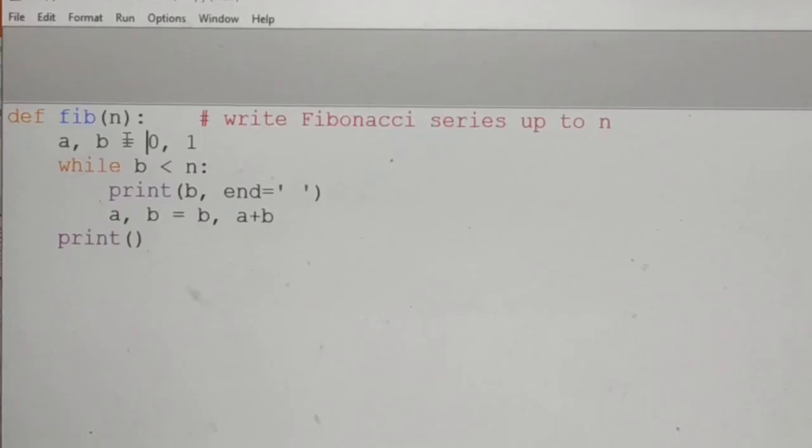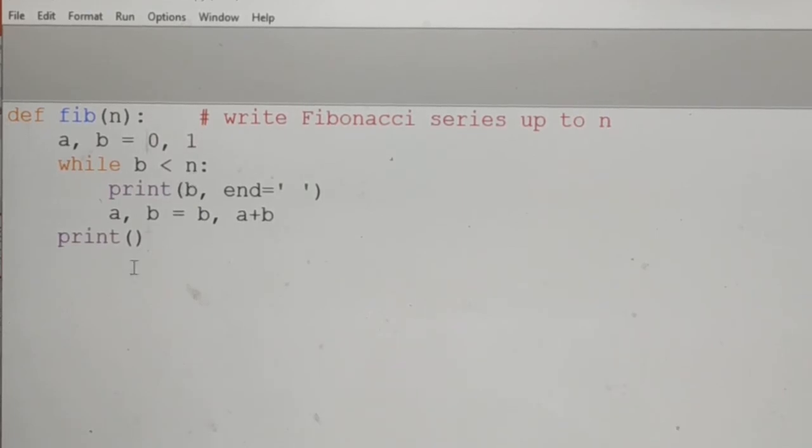Let's see another example. To display Fibonacci series up to n, here my function name is fib. Here first number 0 is assigned to a and second number 1 is assigned to b. Third number will be the addition of first 2 numbers. Like that fourth number will be the addition of second and third number. Next, this loop will be executed until the condition b less than n. Next, we are going to print all these Fibonacci series numbers.